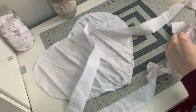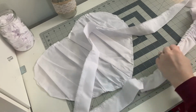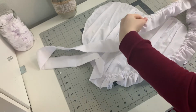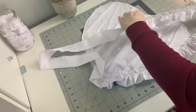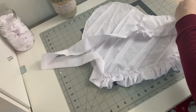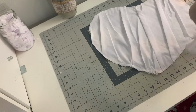Not gonna lie, this part took the longest since there's just so much material here to ruffle. This is 88 inches of fabric that we are just shrinking down into, I don't know, maybe 22 inches, maybe? I didn't measure. Anyway, so we're going to ruffle, ruffle, ruffle, ruffle, and once it's about the same size as